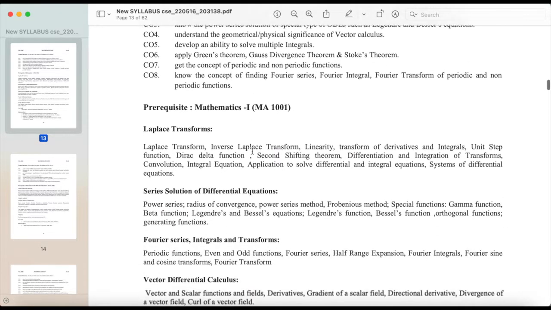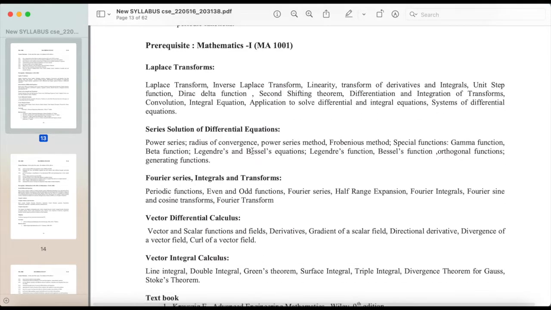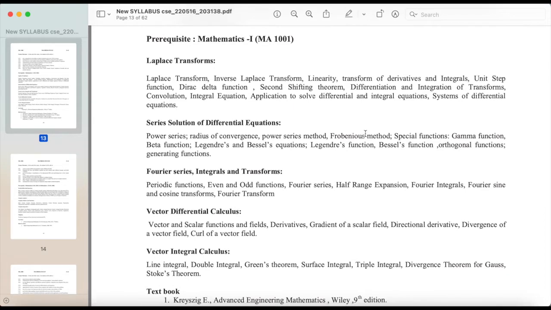Next, Mathematics 2, Laplace Transforms. Laplace transform, inverse Laplace transform, linearity, transform of derivatives and integrals, unit step function, Dirac delta function, second shifting theorem, differentiation and integration of transforms, convolution, integral equation, application to solve differential and integral equations, systems of differential equations, series